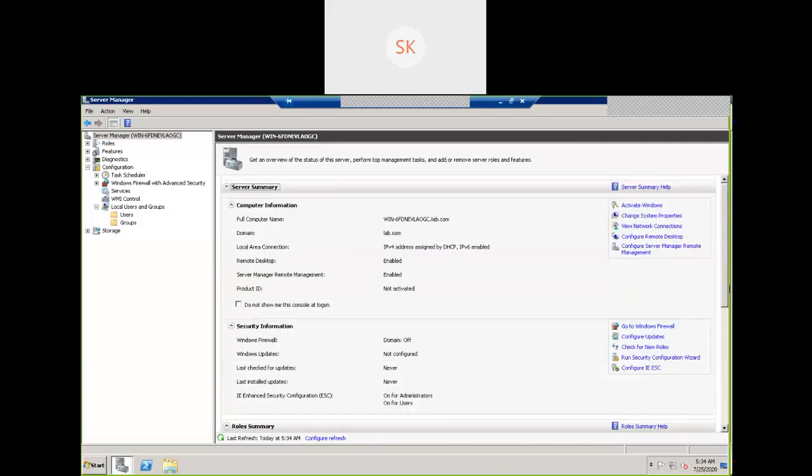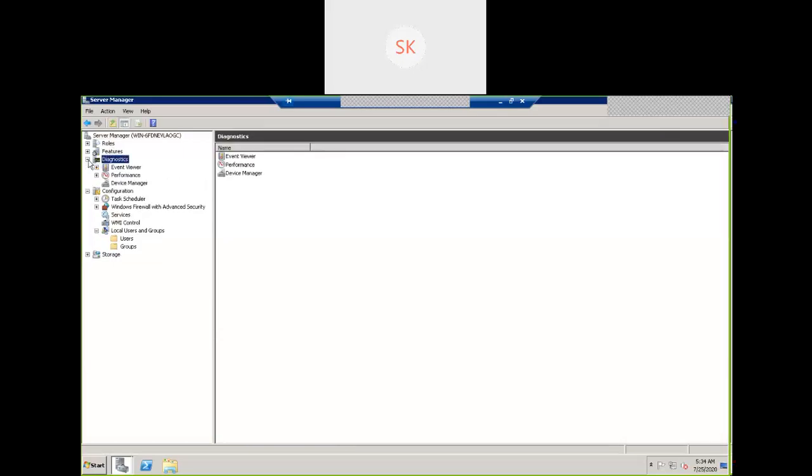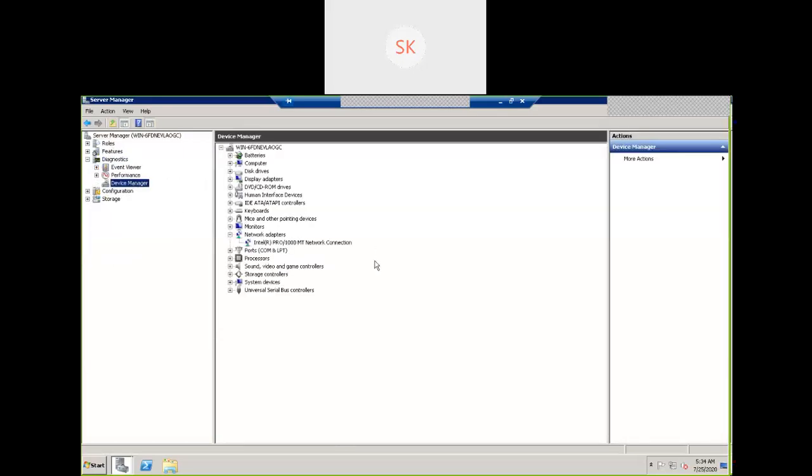Then what we need to do first, we identify some driver issue. Where to address the driver issue? Go to Device Manager. Where to go? Device Manager, then diagnostics. This navigation is important, okay? If you are not able to practice, you are going to be in trouble. If I need to go to the respective driver, where to go, where to check? The navigation, how to open that?